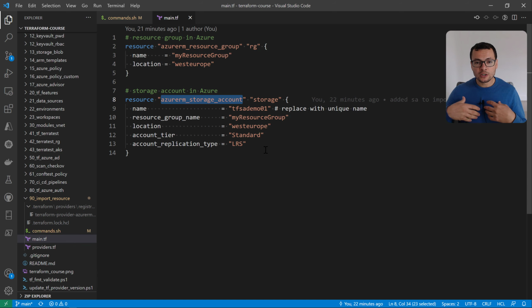So we need to make Terraform understand that these resources already exist in Azure, and we need to import them into the TF state file, because Terraform will always consider the TF state file to compare my TF files with that state file. So for that need, we have the feature that is terraform import. So let's see how that works.